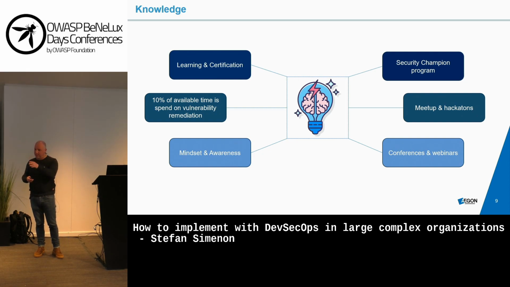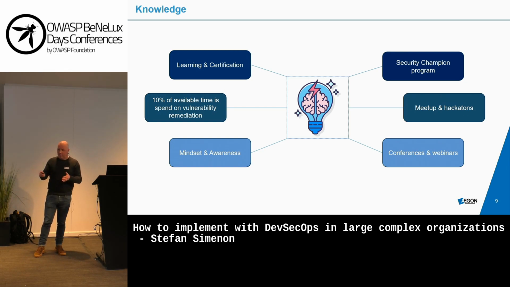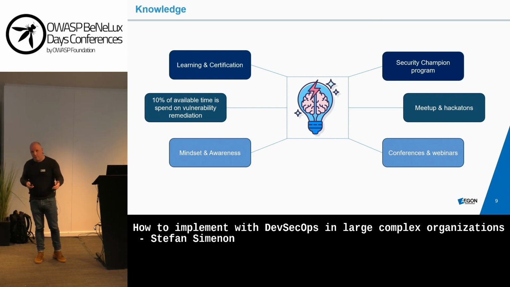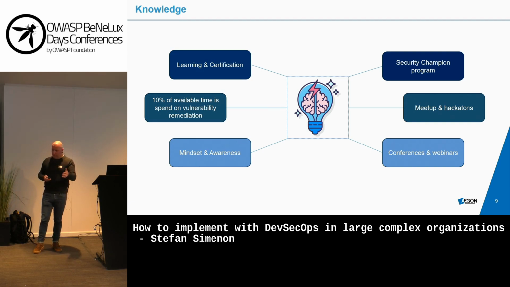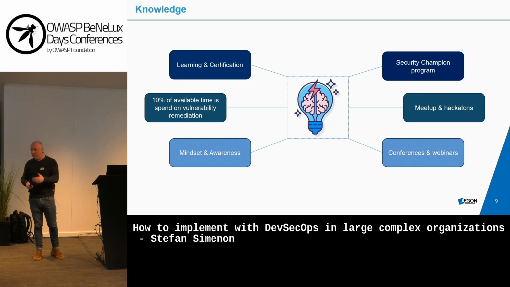And even senior people, I've even seen senior developers who are very good in programming, but they did not find security important. So you need to work on the mindset. They need to understand why security is important. They need to understand how things need to be fixed. There are tools, of course, which have learning programs and which have inbuilt functionality on how to fix and prevent things. But